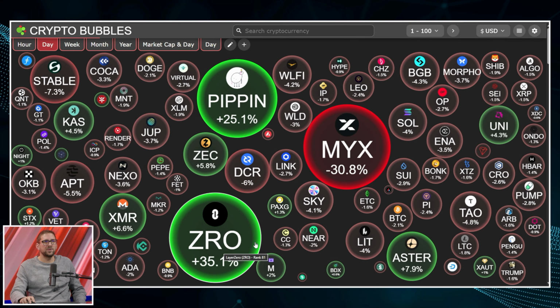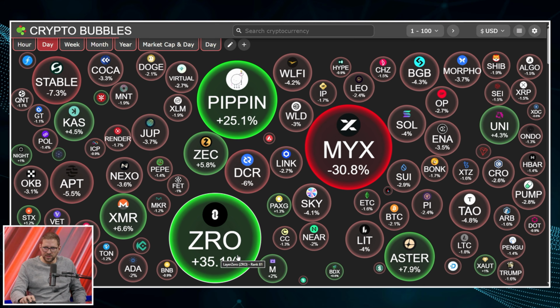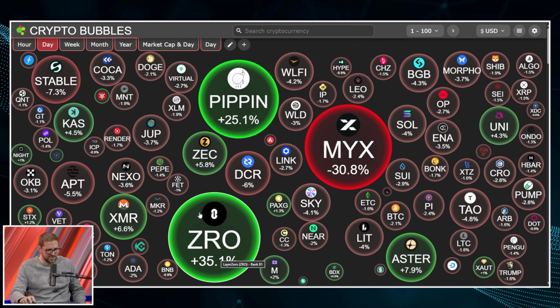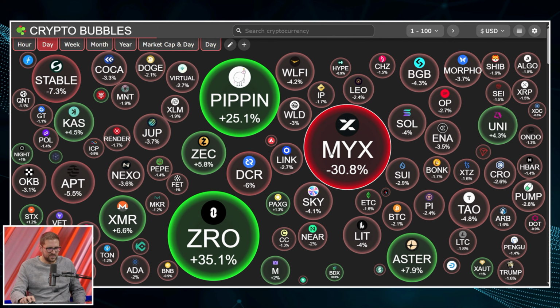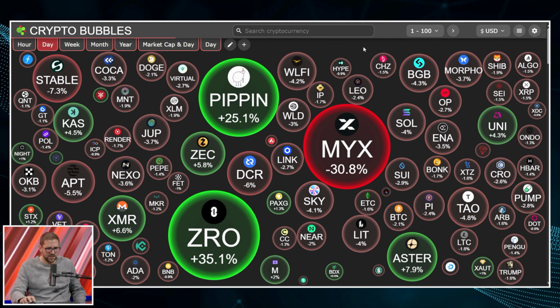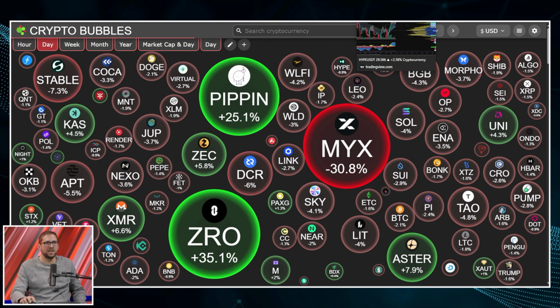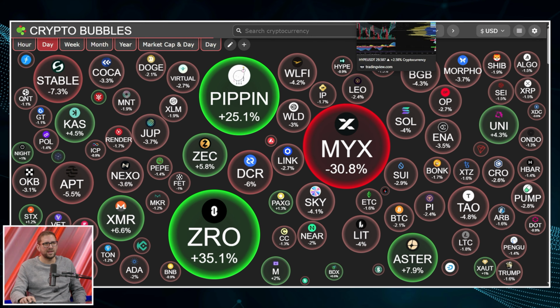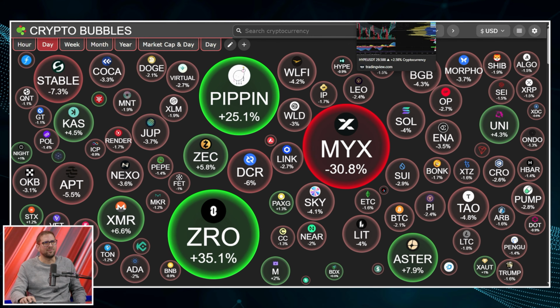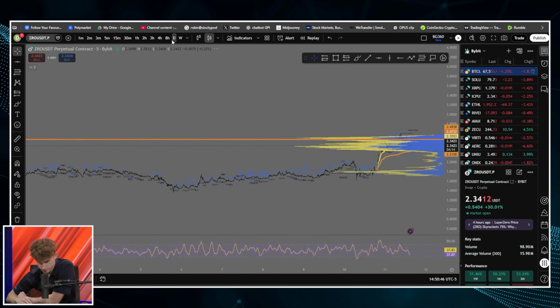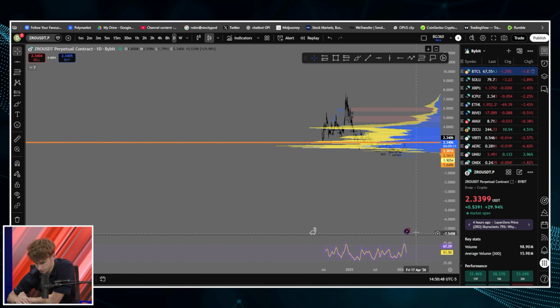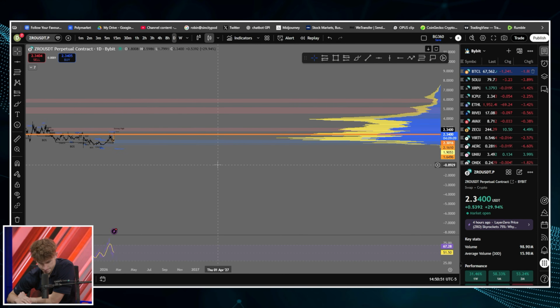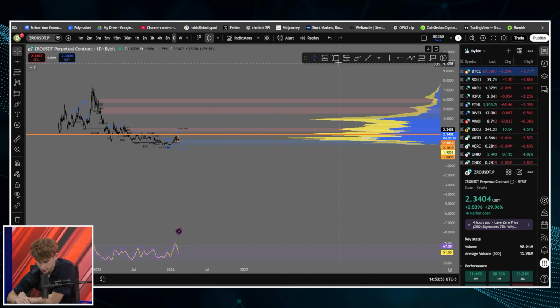ZRO. Brandon, will you do a TA real quick, some levels on ZRO? This has been a pretty hyped project. The token, I believe, I don't know, did they announce something or the token went live? Whatever. Take a look at ZRO and tell me what you see there on that chart and what are some of the bigger levels?